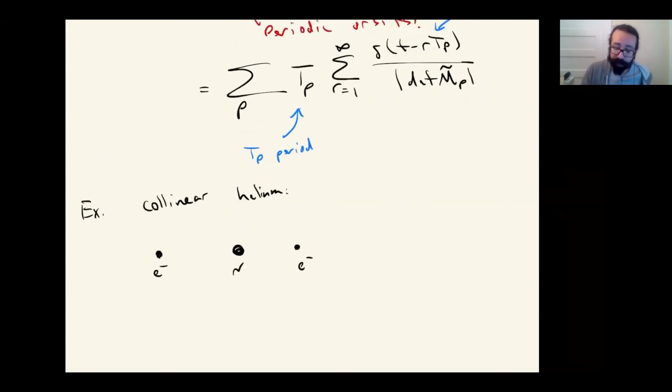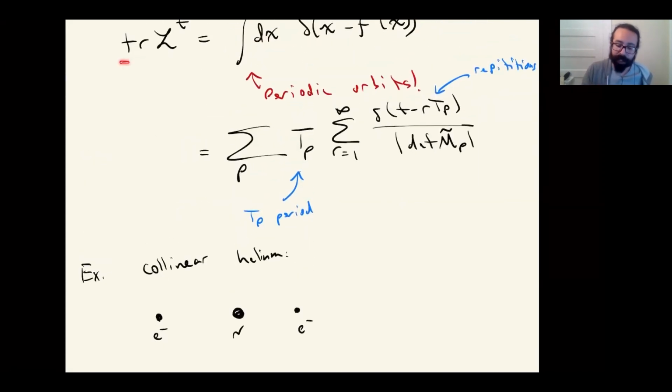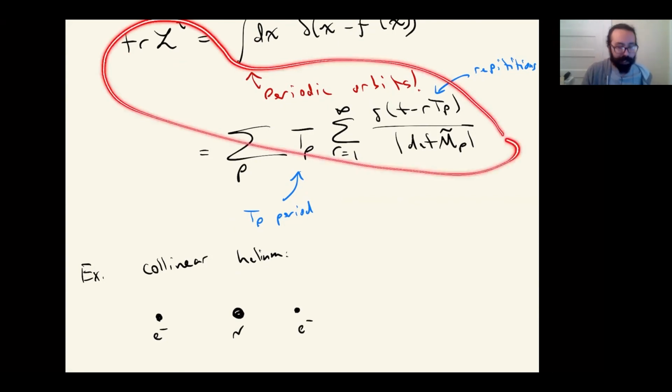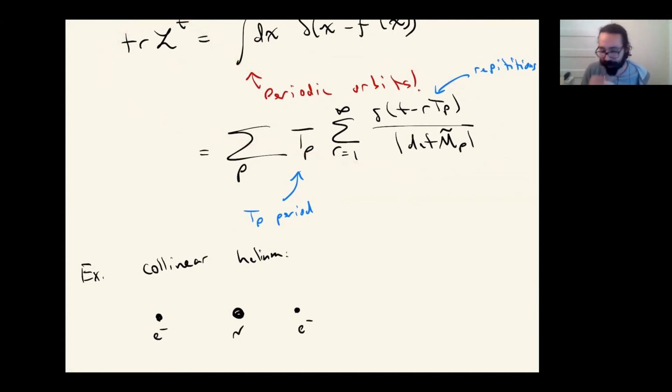So the statement is, all of this has kind of a quantum mechanic-y feel to begin with. The semiclassical quantum chaos story is that the fact that this looks very similar to quantum mechanics is not an accident, and you can soup it up to really become quantum mechanics. Roughly speaking, there are some pretty simple periodic orbits you can picture immediately in collinear helium. And when you plug the first 2 or 3 of these simple periods into this kind of trace formula, you can get the spectrum of helium surprisingly accurately.